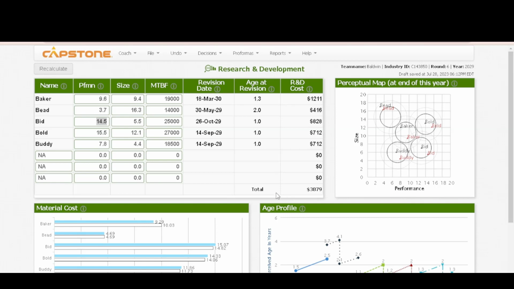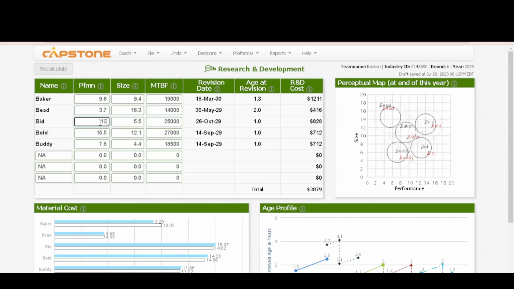So we have been told that the performance should be 13.4 and the size should be 6.6. So in this round, I just want us to minimize the performance and add on the size. So we shall have 13.4 minus, let's say, 1.0. So we shall have a performance of 12.4,